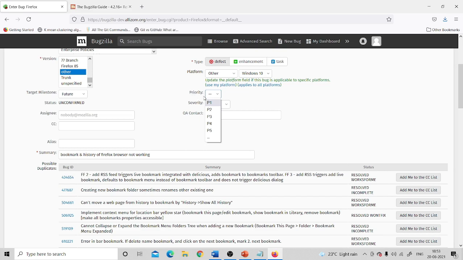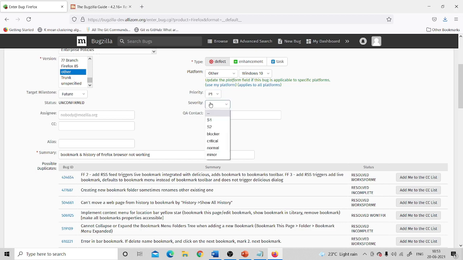For example, if you are testing any website and the login page has a bug or error, obviously that becomes a high priority bug, because without doing login you cannot use the website. So that becomes a high priority bug. For such a type of bug, you can use P1. P1 means high priority and P5 means low priority. There are P1, P2, P3, P4, P5, five options. So P1 has the highest priority.